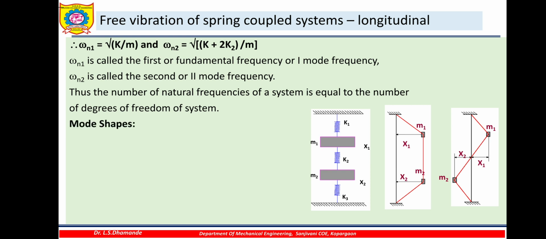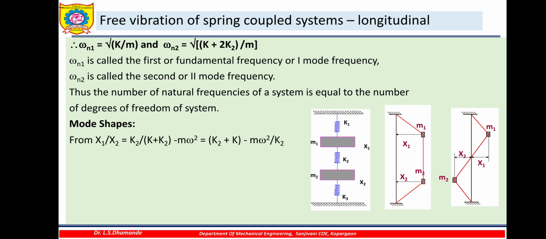Now we have to determine the mode shapes of this. You can see in this diagram the mode shapes are indicated. The mode shapes are nothing but the displacements x1 and x2 of these two masses. When the system is vibrating with the first natural frequency, you get the mode shape like this: x1 and x2 will be equal. When it is vibrating with the second natural frequency, x1 and x2 will be opposite. The magnitudes may be equal, but the directions are opposite. This is the way it is going to vibrate. Now mathematically we will try to get it. From x1 by x2, we have got the ratio in the previous slides, which is given by this.